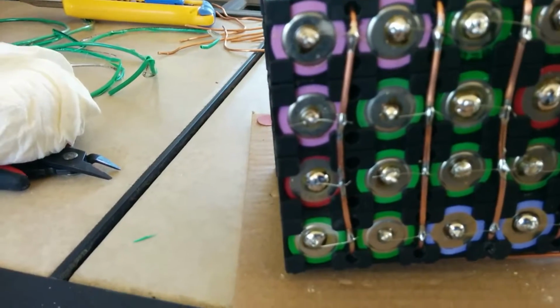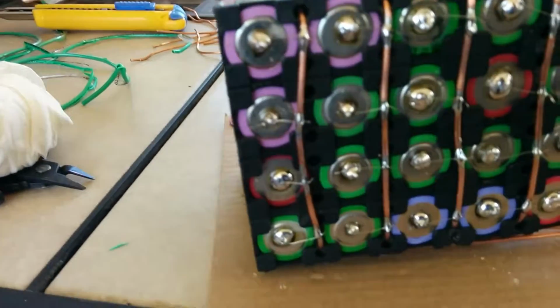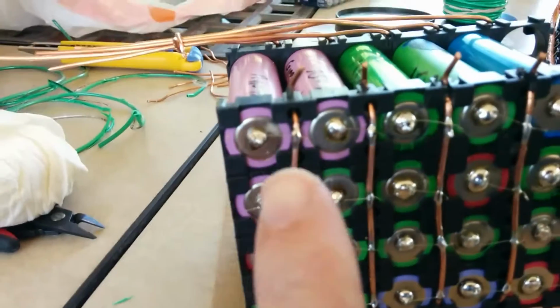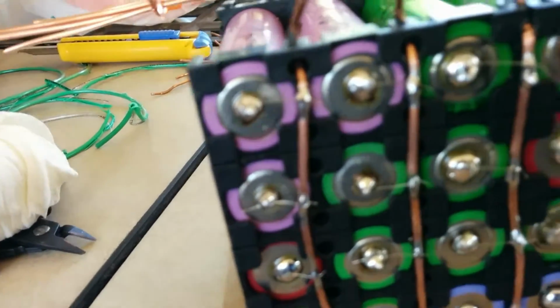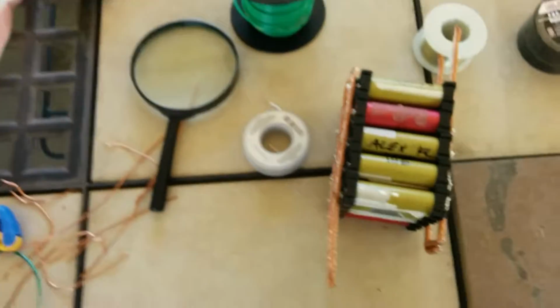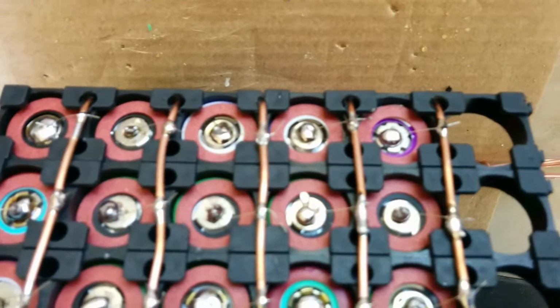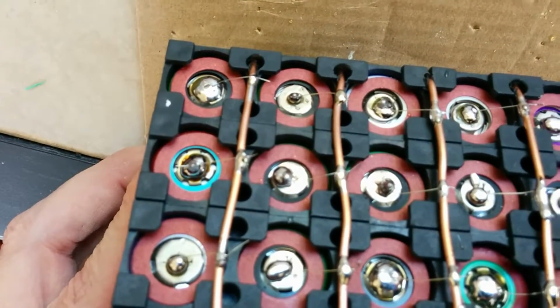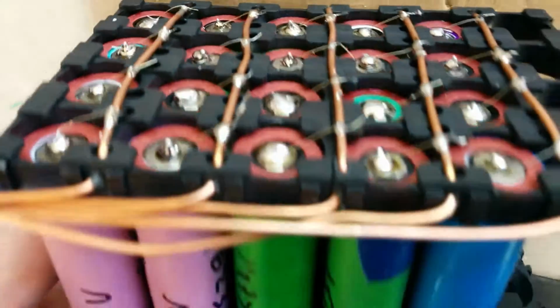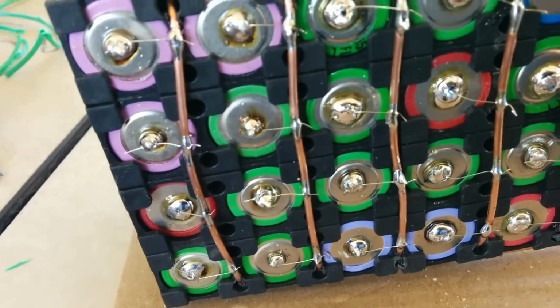Each one of these strands is a single strand of, I think it's 14 AWG solid copper wire, which I believe has an ampacity of about 15 amps for each strand. So each strand, I don't know if the camera can pick this up, maybe it'll be easier to see on this side, is connected with a 5 amp fuse. There's a 5 amp fuse going from each cell to the bus bar. So if any one of the cells goes berserk,